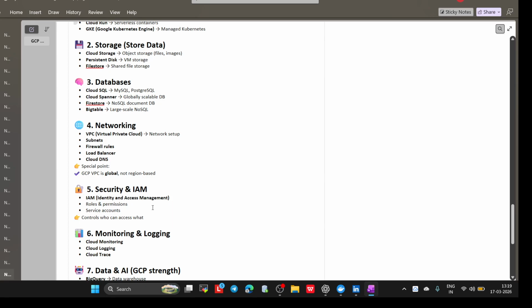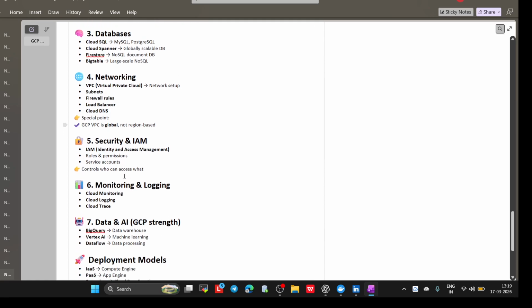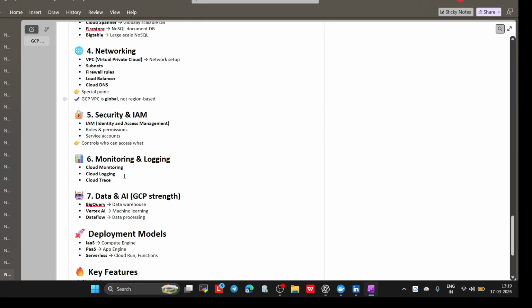For networking, it is the same: VPC we use for networking setup, subnets like private and public subnets, firewall rules, load balancing, and Cloud DNS. GCP VPC is global, not region based. In AWS there is a region-based VPC, but in GCP it is global. Security and IAM: IAM means identity and access management, so roles and permissions and service accounts, that is who controls what, we will manage.